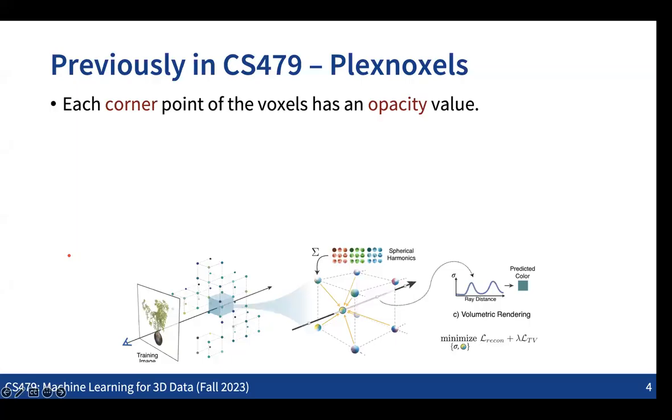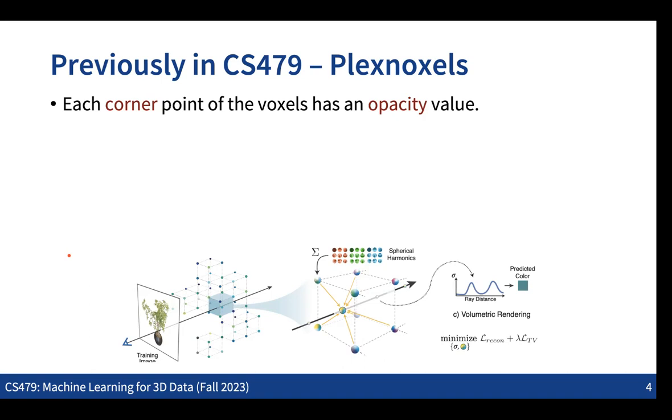Okay, so let's briefly recap the things that we were discussing last time. After we discussed the NeRF, we also discussed some ideas on how we can leverage other representations to speed up the computation of the NeRF. We saw that NeRF is actually quite slow, both in optimization time and rendering time, because everything is encoded in a single global MLP network. So the idea we discussed last time is how we can speed up the computation by using some kind of hybrid representation.